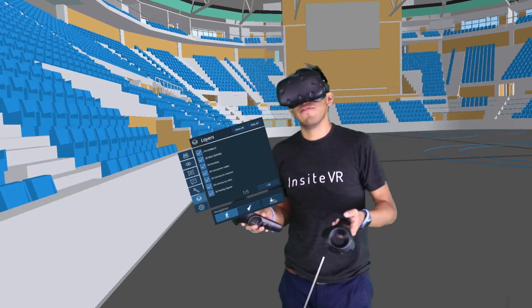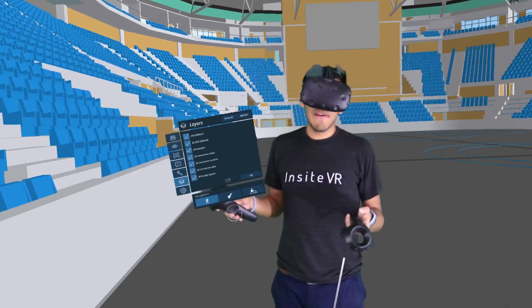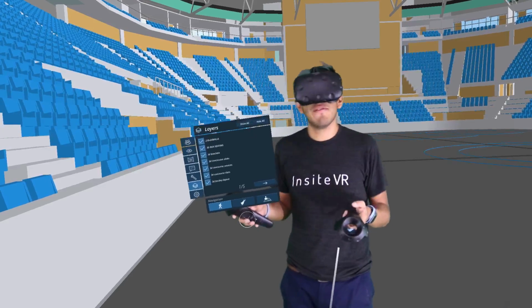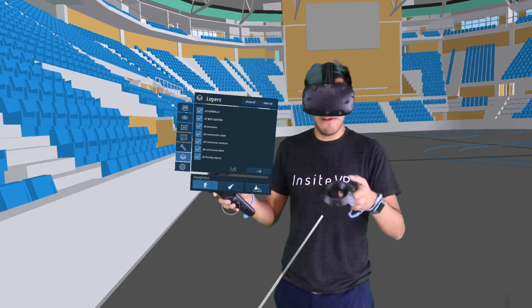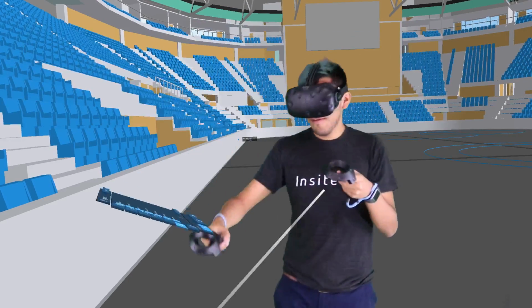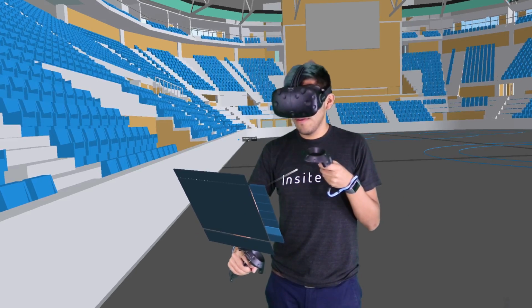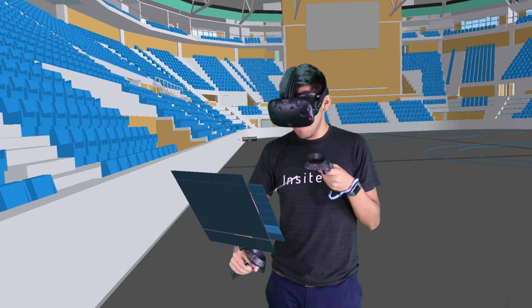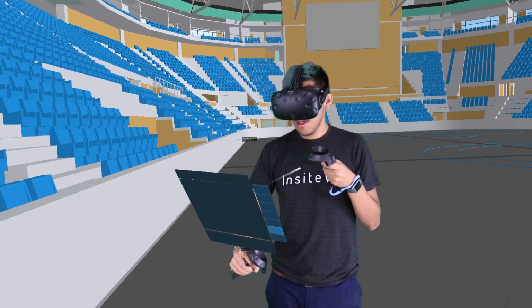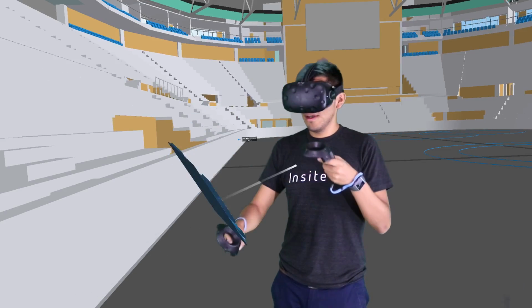So, if you have a DWG from one person, an RBT file in there, you can just turn those on and off when you're in here. But if you do have layer information, it'll make its way into here, and then you can toggle it on and off. So let's see the effect of doing that. Let me go ahead and turn off the seating, which I believe is on the second page. There we go. So I've turned off the seats using the layers,